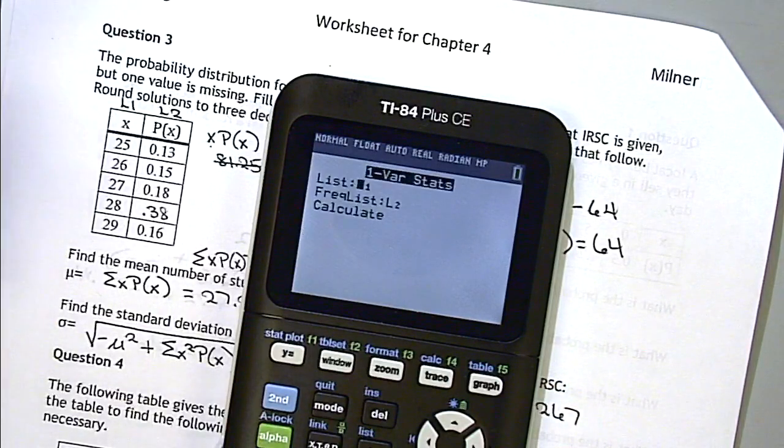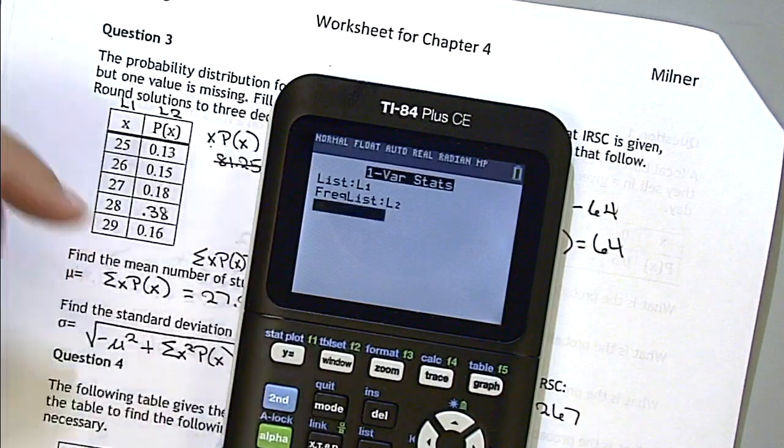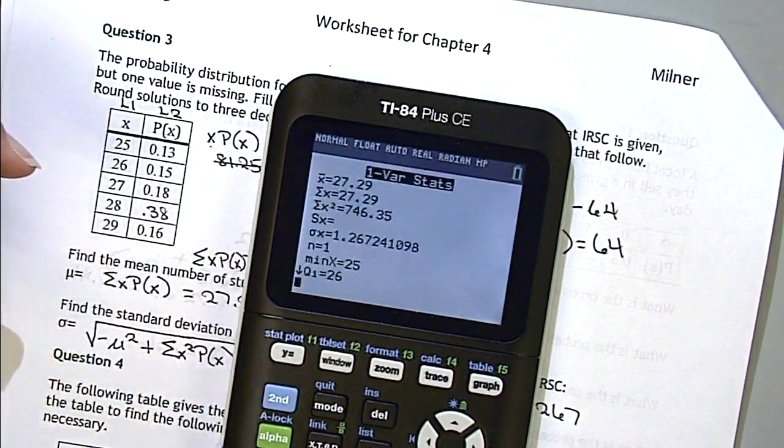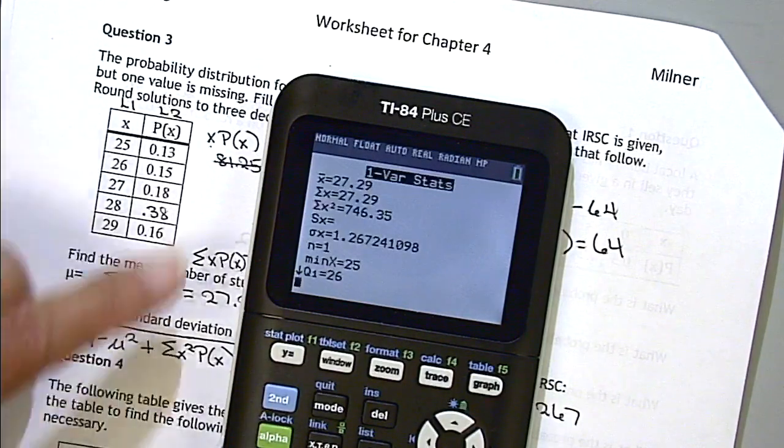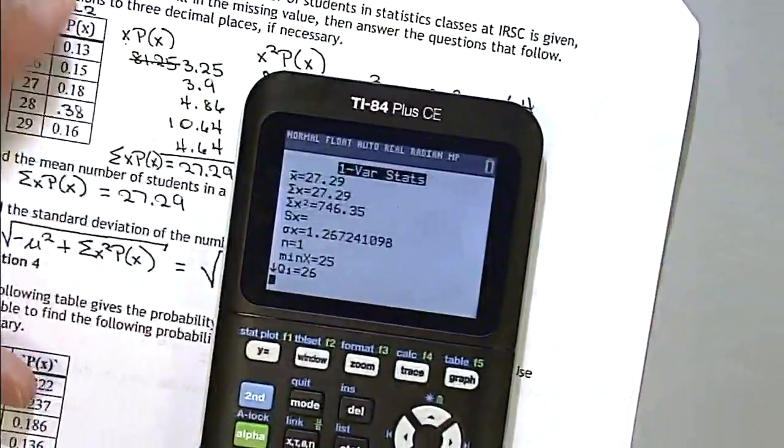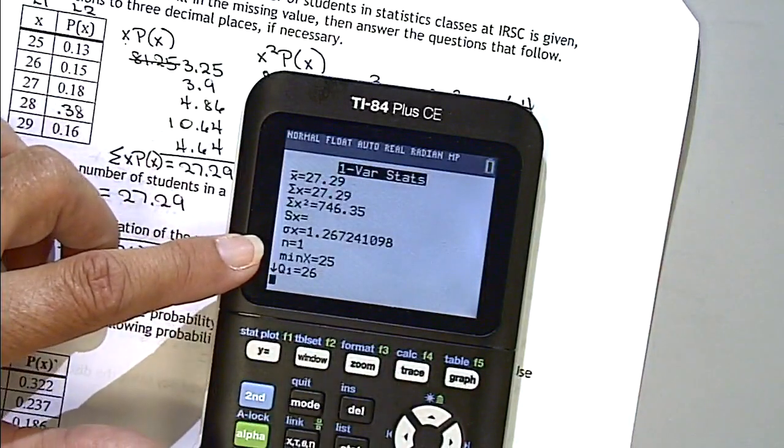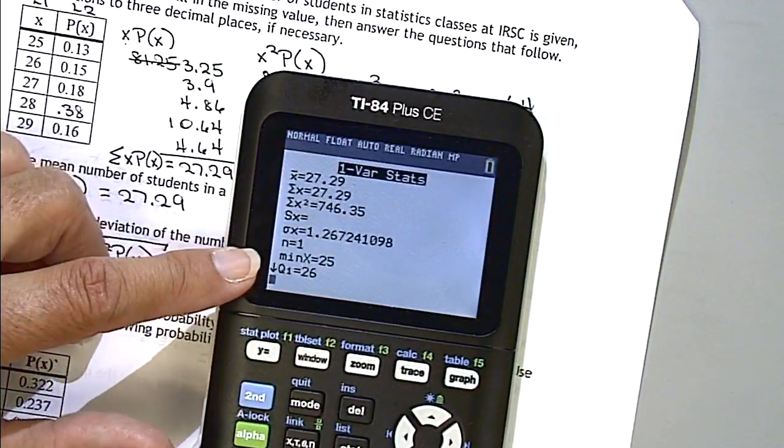List 1 is my list. List 2 is my frequency list, and I have to use both of them. So you may have to enter parentheses L1 comma L2 when you're doing this, okay, if you don't have this menu. But look what it gave me. The mean, 27.29, right? The standard deviation, it only gave me one of them because it says my sample size